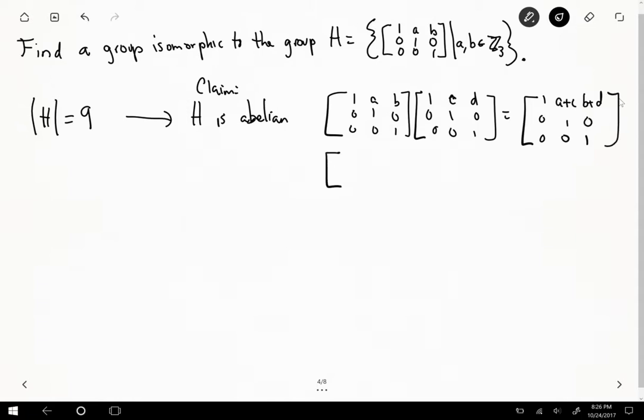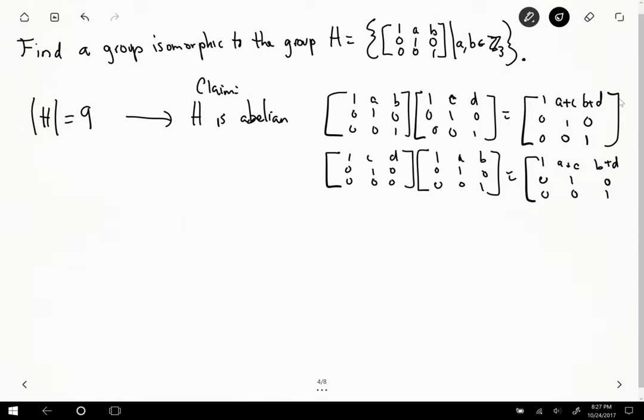And if you reverse the process, it's not too hard to see. We plug all these in. 1, a, b, 0, 1, 0. Just doing out that multiplication, you get the same answer. So 1, a plus c, b plus d, 0, 1, 0, 0, 0, 1. Okay, so that tells us, and this is our sketch here, that it's abelian. It commutes. So now with it commuting, what does that mean? Well, that means H,